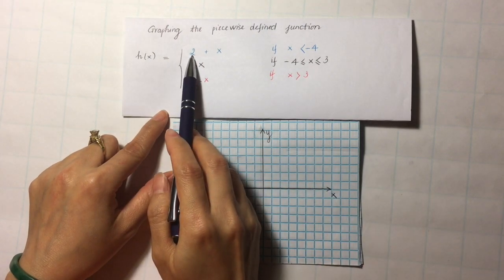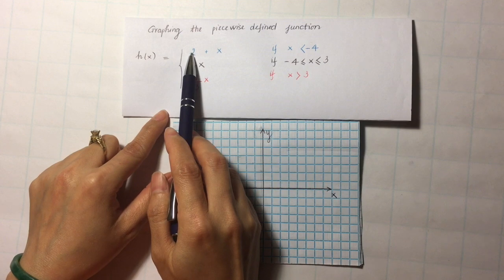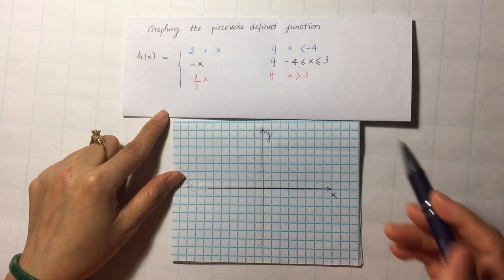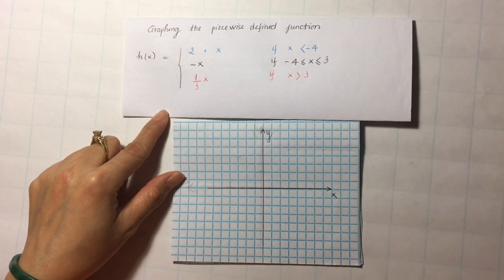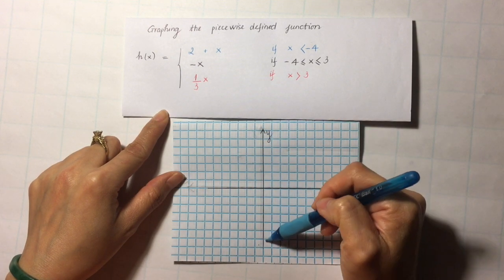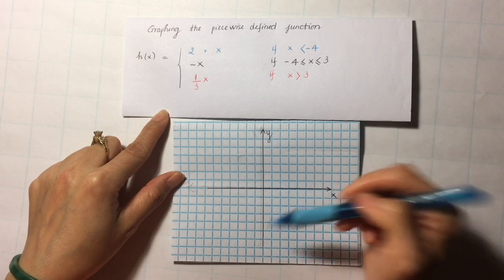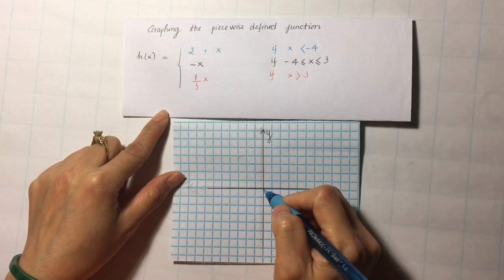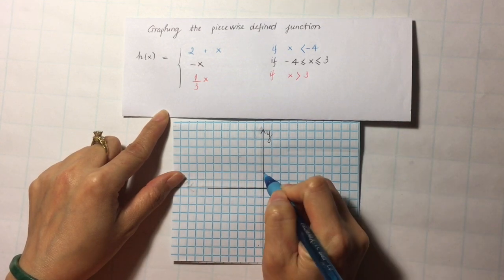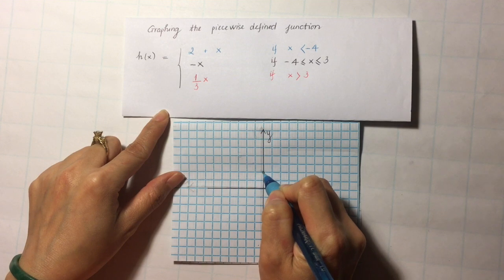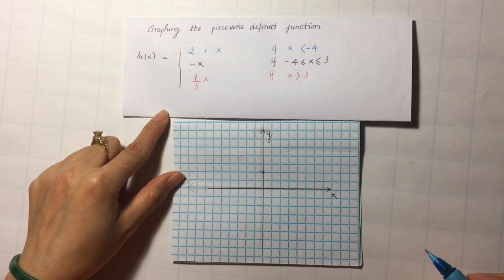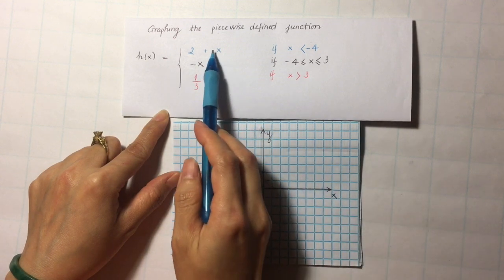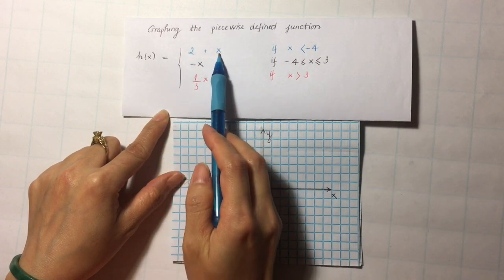This number 2 tells us that the y-intercept is at number 2 on the y-axis, right here. So this is the